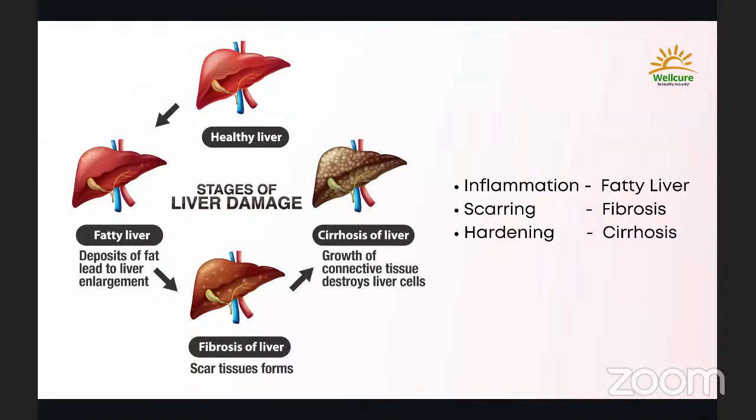This is one more slide where the liver is just going to be going through different stages. So it starts off with a healthy liver, then into fatty liver with a lot of fat deposition, then gradually inflammation and scarring, and finally it is going to turn into cirrhosis of the liver. This is the ultimate stage. Once the cirrhosis sets in, it is going to be very hard. Even here also, you can do dietary and lifestyle modification, and you can slow down the progression of harming the